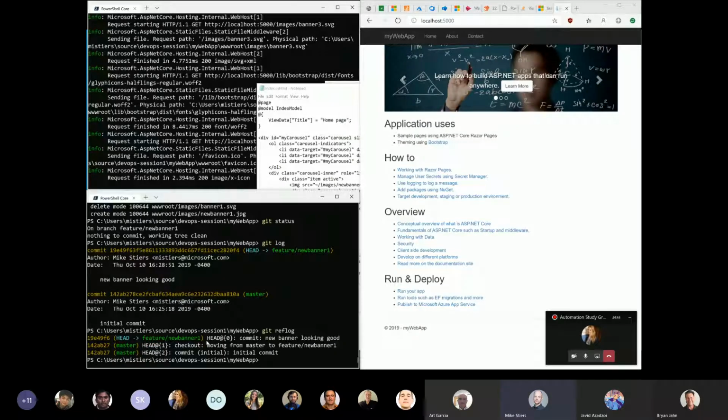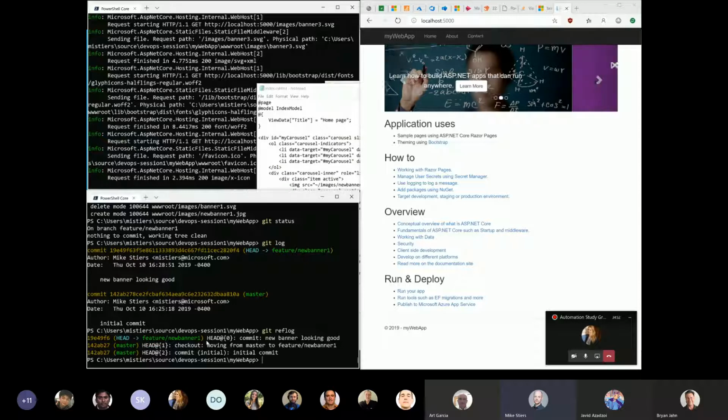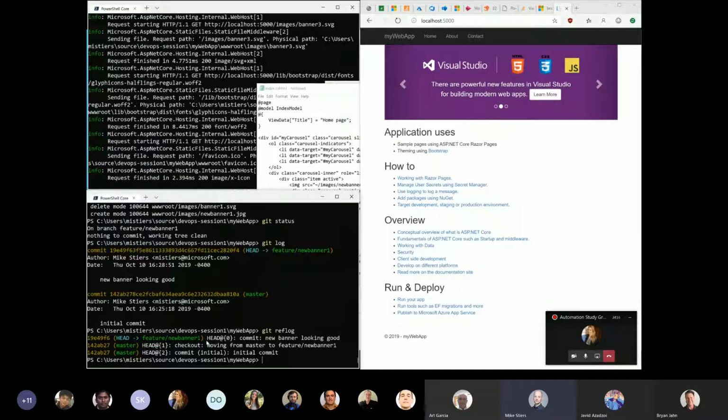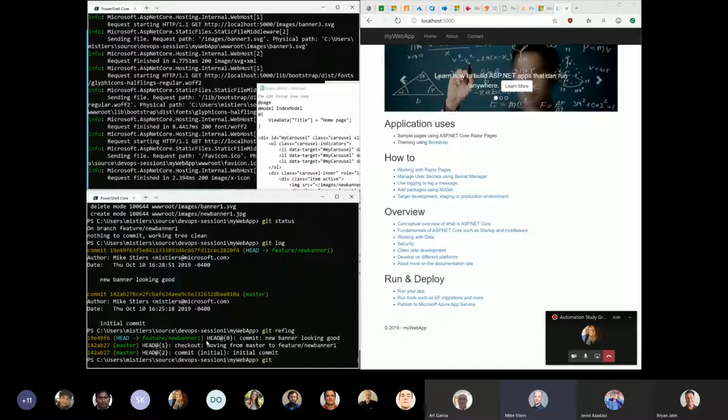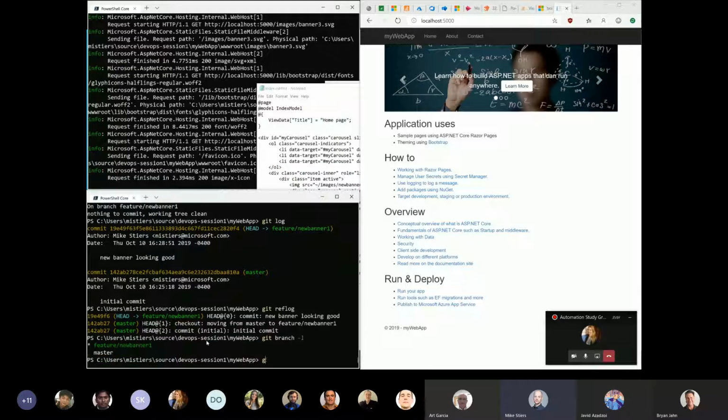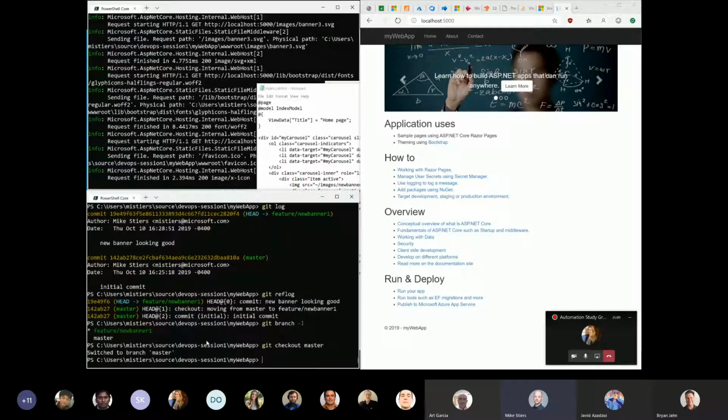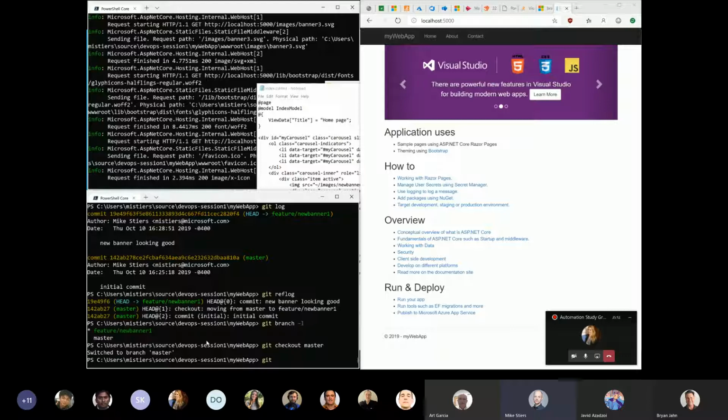Okay, so let's go over that merging concept with our branch. Now we're happy with this. We had a task assigned to us, and we've updated it. And now we're ready to merge it in with the branch, so everyone else who starts working on this project gets the same changes. So we'll switch back to the master branch, git checkout master, and then we'll do a